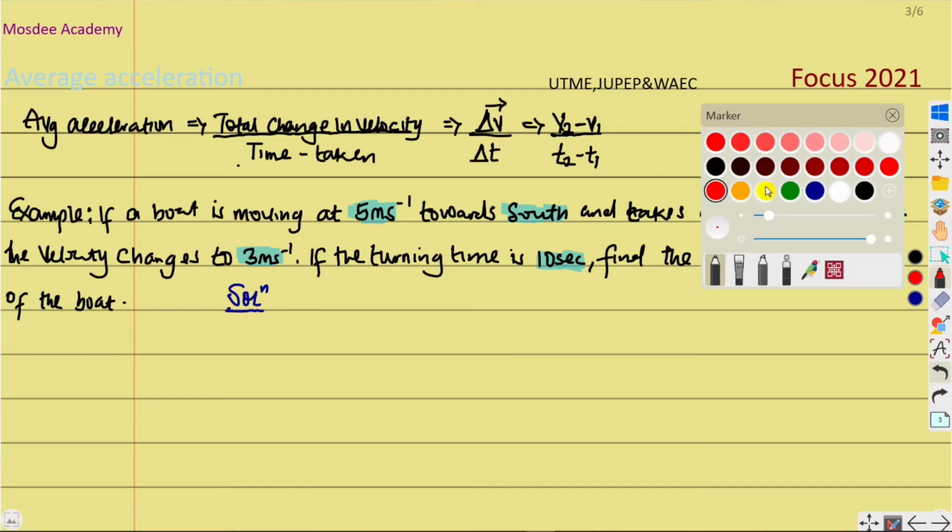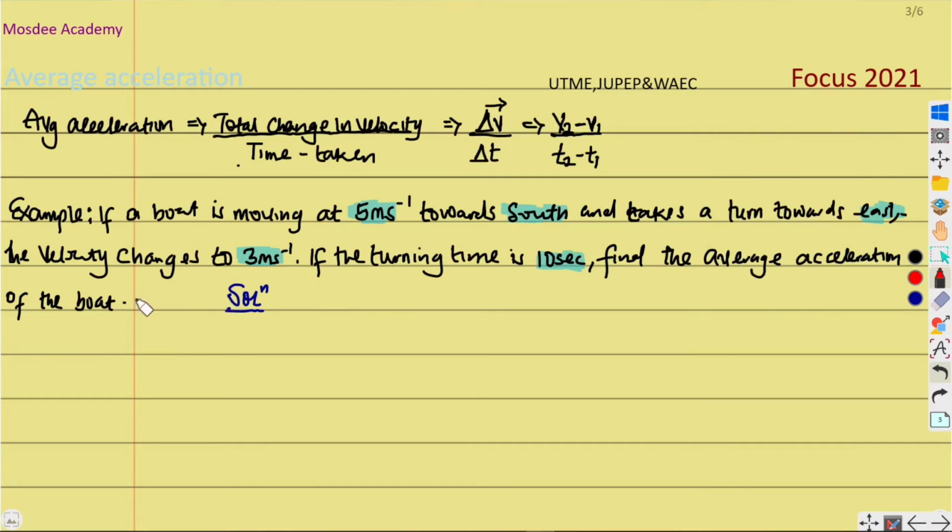Now, I believe from early classes we have studied the cardinal points and we understand north, south, west, and east. The first journey was 5 meters per second. I will take that as velocity v1. Velocity is a vector quantity, always keep that in mind. It is given as 5 meters per second towards south. South is the downward direction.